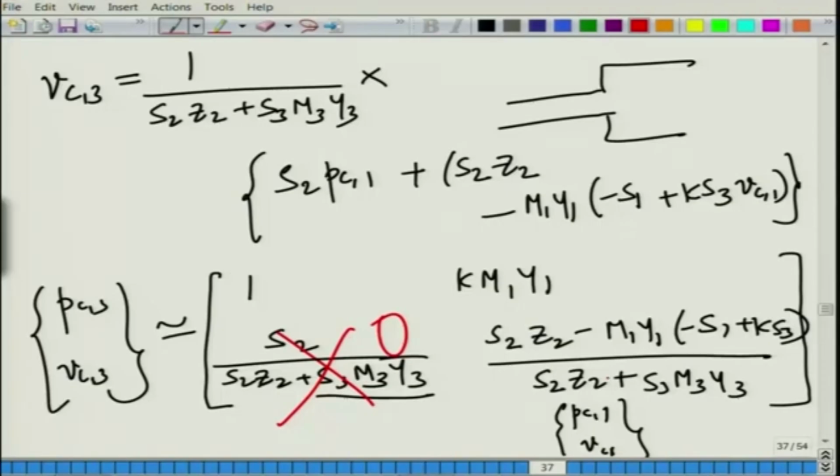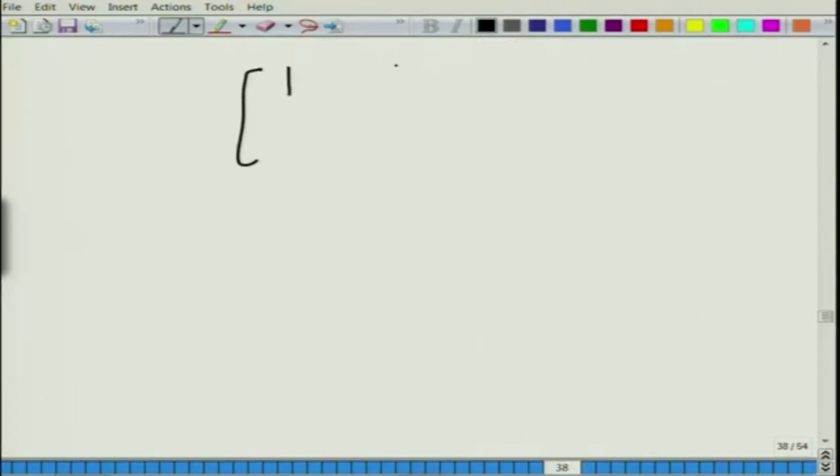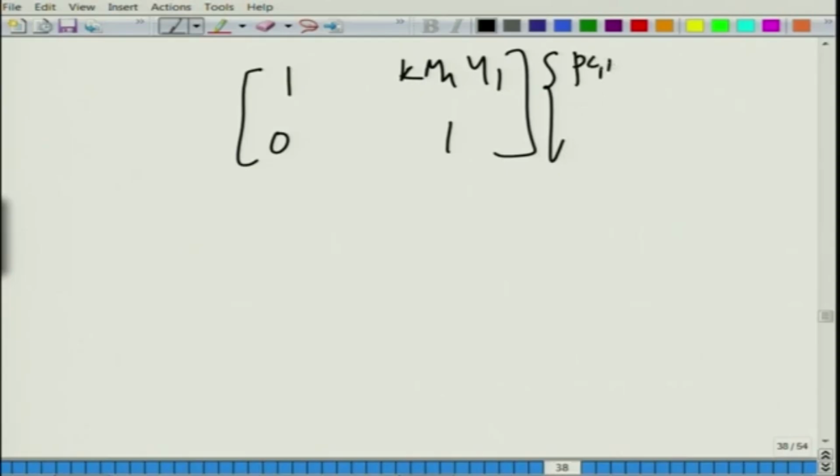What about the things here? Here also we have Z2 in the numerator and in the denominator, and these are all finite terms. So, basically you will be having 1 here, is it not? You will be having 1 here. So, that is the case of a sudden expansion. Okay. So, we are deriving the case of sudden expansion in a very simple manner using this. So, we have 1 and k m1 y1 0 1, the relation between the convective variables across a sudden expansion